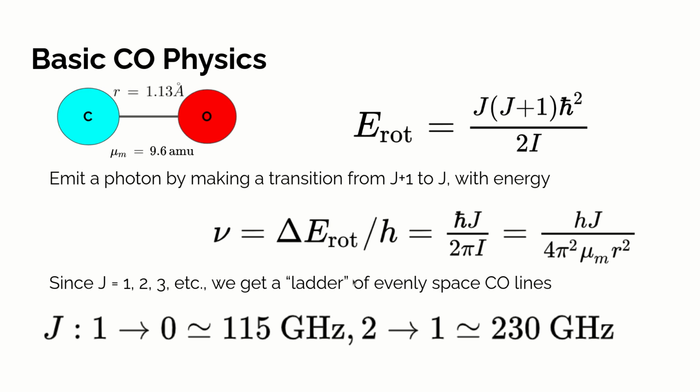And considering this rotational energy, we can emit a photon by making a transition from J plus 1 to J with an energy given by this here. And since J equals 1, 2, 3, which is nice and linear, we get a ladder of evenly spaced CO lines. So the CO emission from the first excited rotational state to the ground state will be 115 gigahertz, from the second to the first, 230 gigahertz,